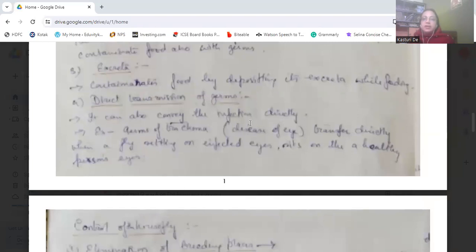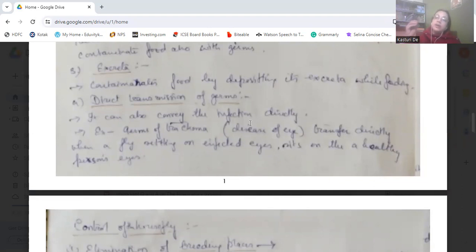That is, see, if a person gets an infection in the eye or mouth, say some lip which has been infected, or the eyes which have been infected, or any wound which is open on the body, and the fly sits on that place, then it will carry the germ. The germs which are present in that infected area will stick onto the body of the fly. And when that same fly sits on a healthy person,